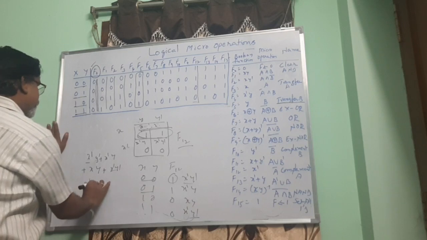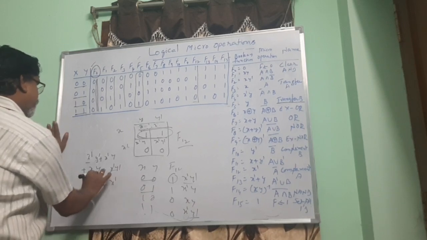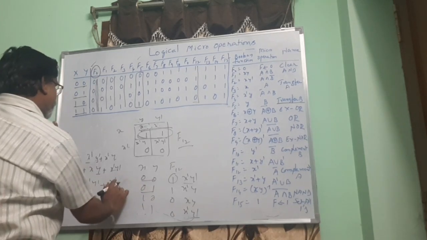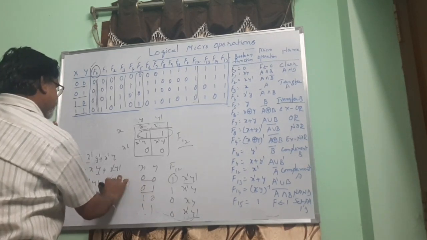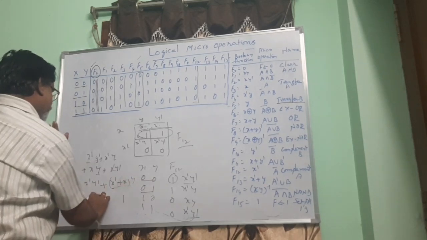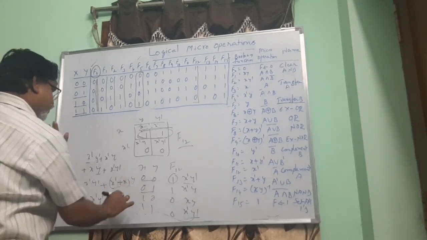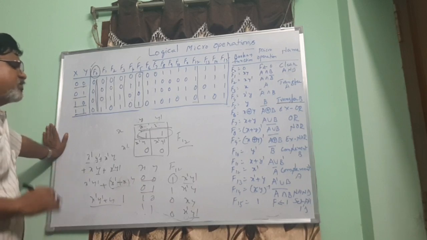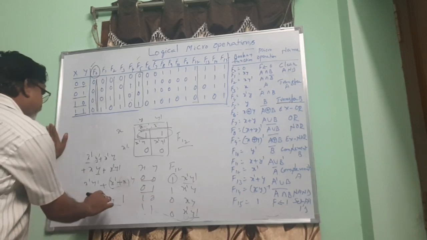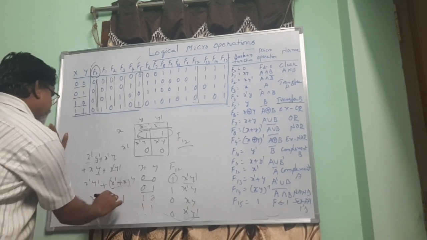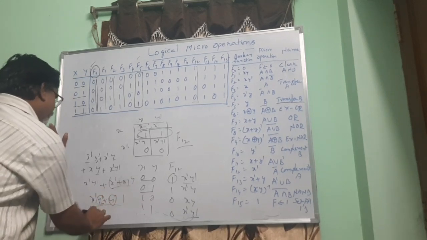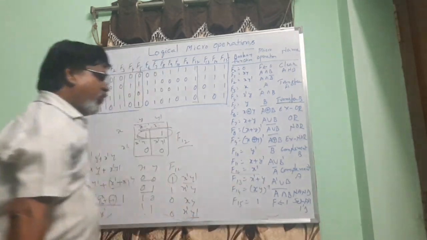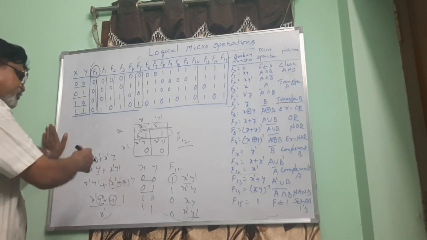So this one and this one are common. So we can say x bar y bar plus x bar. In these two, you can take y as common. So x bar plus x, so y, this becomes 1. So x bar y bar plus y. In your Boolean postulates, there is a principle: a plus a bar b. If you consider this is a, then a plus a bar b is nothing but a plus b. So F12 you will get x bar. So like this.